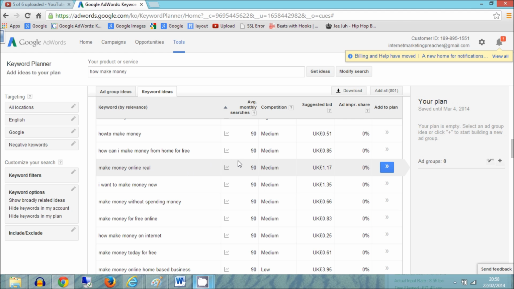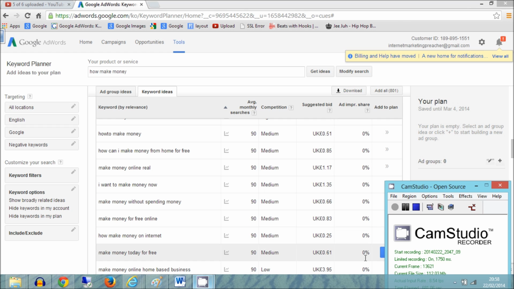For the time being, all you need to understand and get to grips with now is picking a domain name for the product of your choice, which is based around the product, either with the product name and what the product does, or what I advise is to target a more generic phrase such as I want to make money now, for example, that could relate to any product. And when your product changes, or becomes old and there's something new on the market giving so much better results, you can quite easily swap out that product for the newer one if you don't put the product name in your domain name.